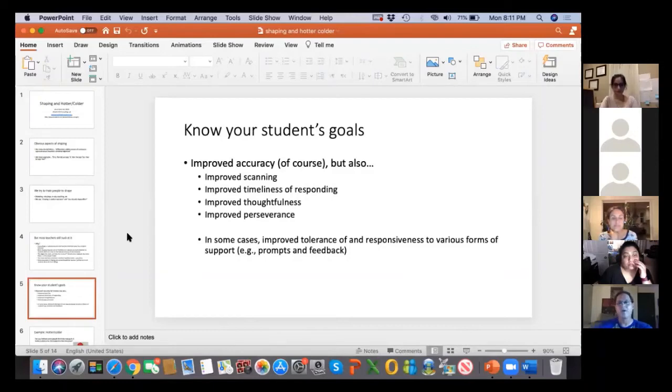Okay, so knowing your students' goals. Some of you might also know that I've written a series of books on learner repertoires, which to me was under-recognized, and otherwise I wouldn't have written those. So there's some things that I look at apart from, does he know his colors, and can he read, and can he match in what size array? I'm interested in what the capacity for scanning is, right? How well do they scan in general? What size array? On how many planes, low and high, right? I'm interested in all of that.